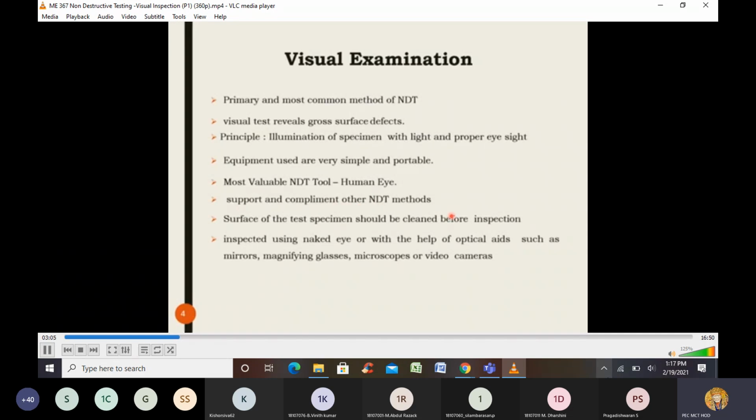That is, we need to find a proper surface defect. We cannot purely rely on visual examination. It serves as a complement. We use other, deeper testing methods, such as the penetrant testing method, and in addition to this method, this can act